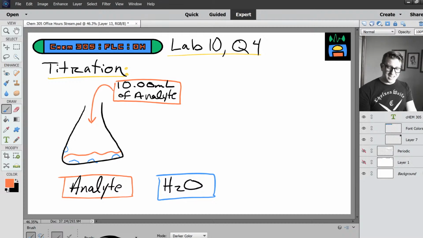And then you add approximately 25-ish mils